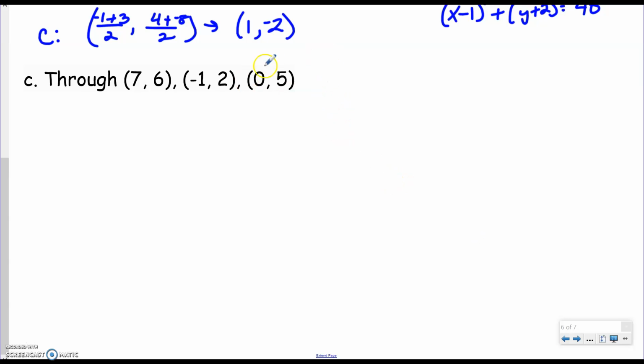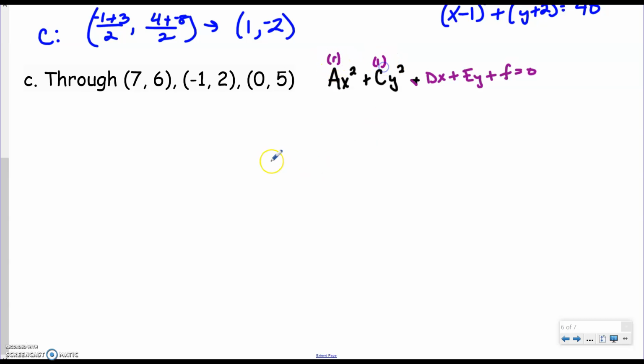Okay, so what we're going to do is, if we have 3 points that are on the circle, we're going to use that general form that I mentioned at the beginning of the last video, which is ax squared plus bxy plus cy squared plus dx plus ey plus f equals 0. And we're going to plug in our x and y and create 3 different equations. We're going to use one of several methods to find this circle, the method of using systems of equations. So when you have a circle, a and c are always 1, so we don't need to worry about those